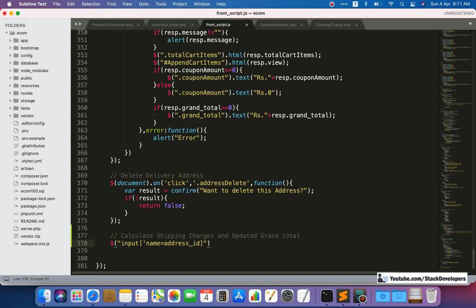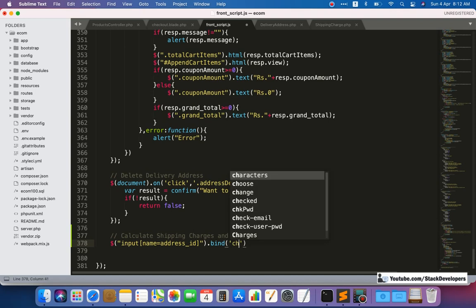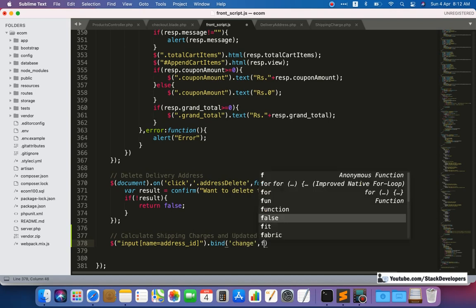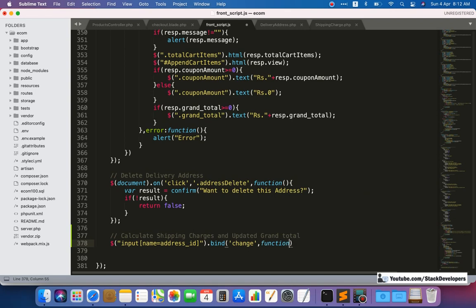And after that, input name equal to address ID, and we will use the bind predefined function of jQuery, and the change event. Okay, so on the change function we will see the values that we get from the radio button.